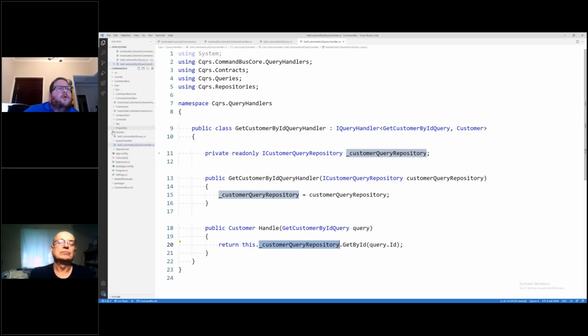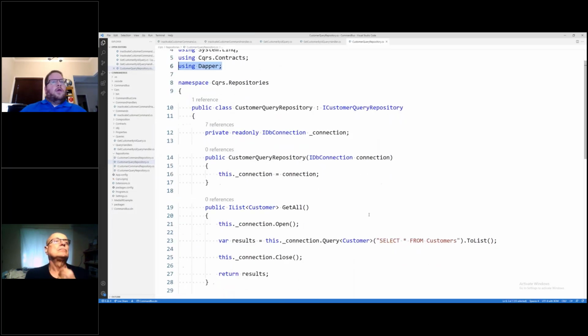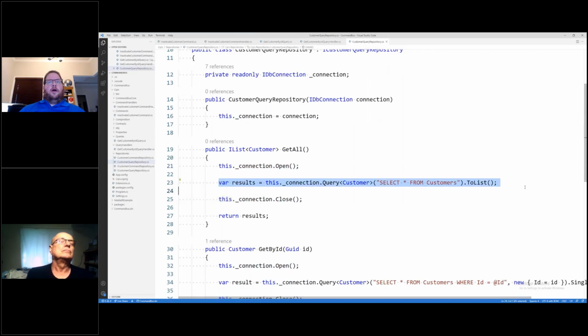So if we actually drill into that repository, where's repositories? Oh, there's query repository. So this actually uses Dapper. And then all I have to do is say, hey, open connection, get my results running the SQL that I tell you to run, and then close the connection and return me my results. I don't know how familiar you guys are with Dapper, but Dapper is the library Stack Overflow is built on. It's meant to handle millions and millions of requests per second. It's super fast. And it's really cool because you have a lot of actions in here. For example, I'm taking this SQL that I want to run, select all customers. I'm telling it that I want to run a query, and then